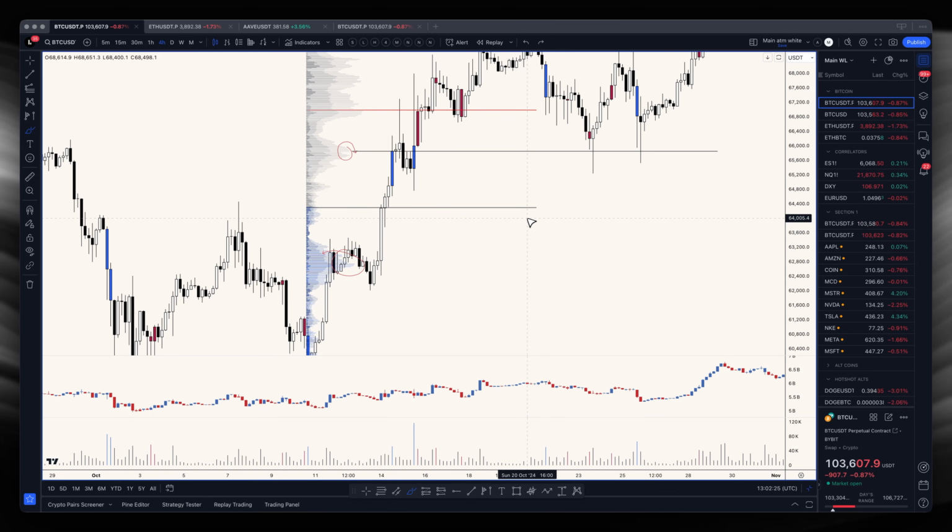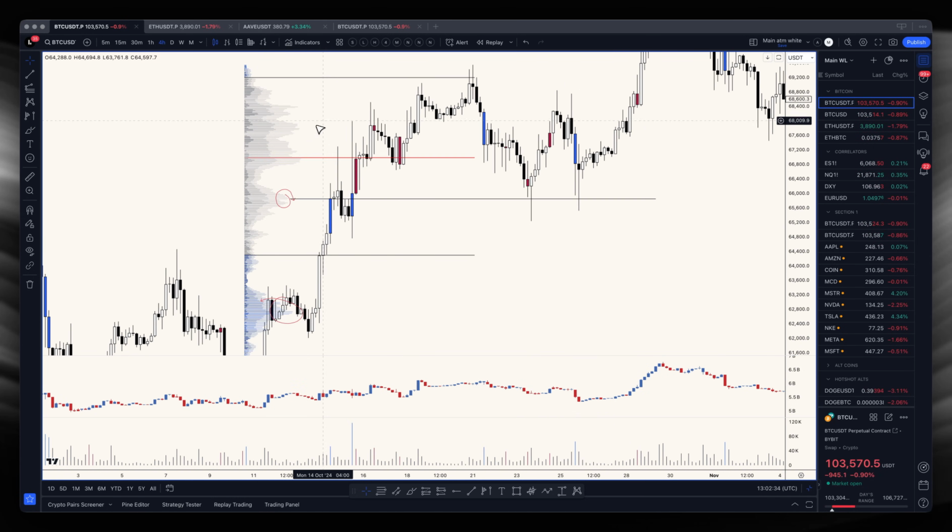Trending pools are, in my opinion, the best for identifying trend continuation plays off of these high volume nodes, POC plays, etc. When I'm looking at a trending pool, I'm not too interested in the value high and value low. Unless they have confluence with a high volume node, they're not of much interest to me, at least in a trending pool. So if we just delete all of this